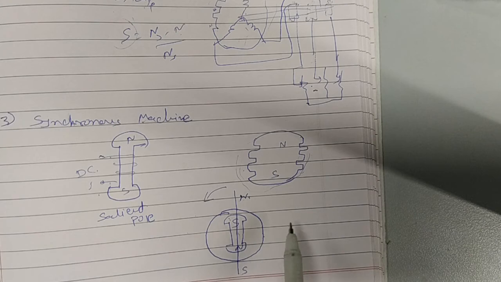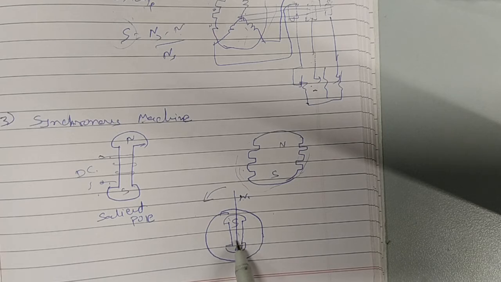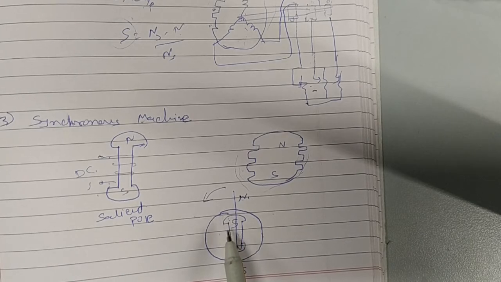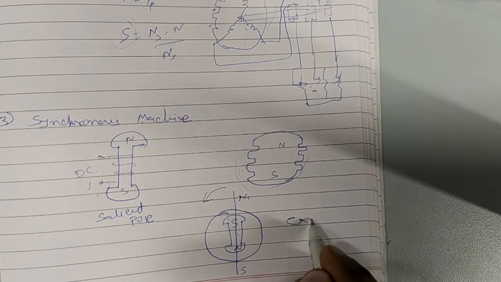It is doubly excited, meaning the stator will require three-phase AC supply and the rotor will also require DC supply, so that we can make it a magnet and the magnetic attraction will be there. Over here this magnetic attraction between stator and rotor is responsible for the rotation. One more thing is there. The DC supply whatever we are giving to excite the rotor is variable in nature, and we call it excitation.